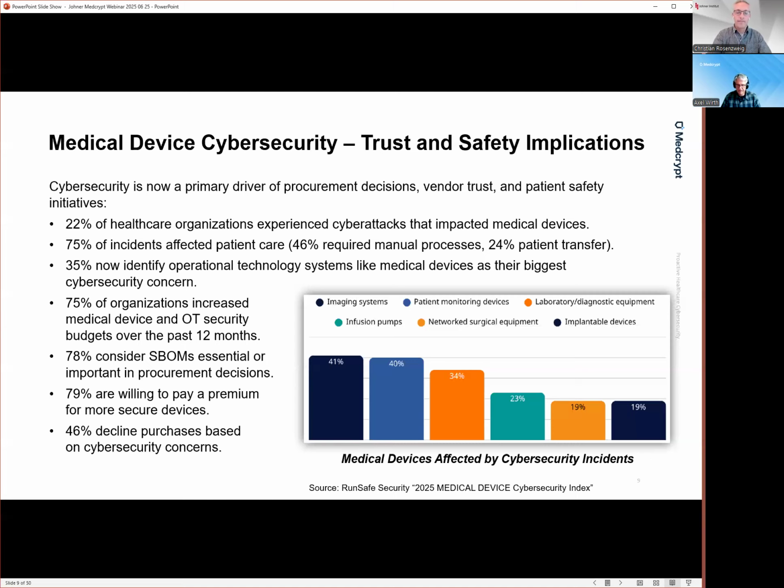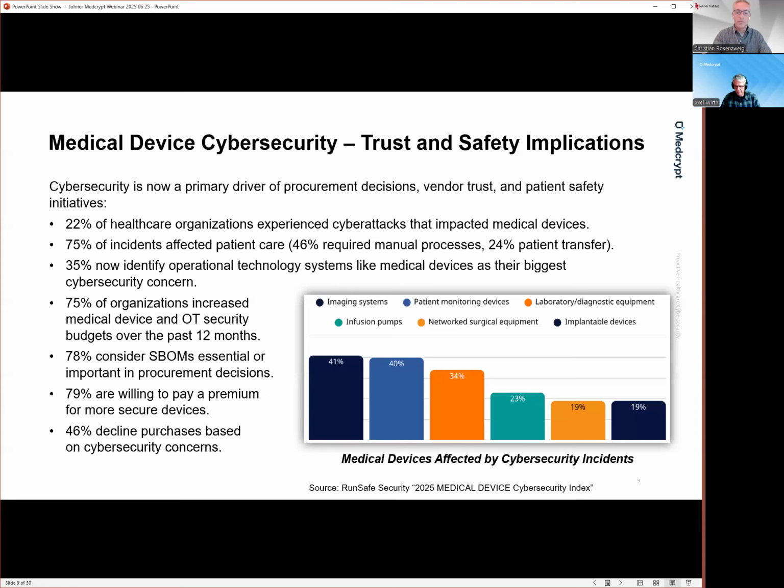And I think the rationale here is looking at the total cost of security. If I buy an insecure device, I will incur cost because I need to spend additional effort to secure the device externally and via the network. And I may incur an additional cost due to business losses should the device get compromised. And clearly it's recognized that paying more for a secure device in the long run saves money for the hospital. And therefore, again, the statement here that almost 80% are willing to pay a higher price for better secure devices.